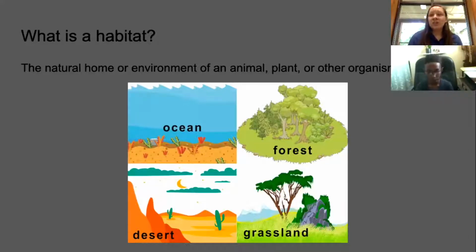Like sharks, they live in the ocean. So that's their natural home and environment. And deer, they live in the forest, where they would normally be found, with lots of trees and room to run around. And then in the desert, you'll find cactus because they're specially adapted to not having the rain and